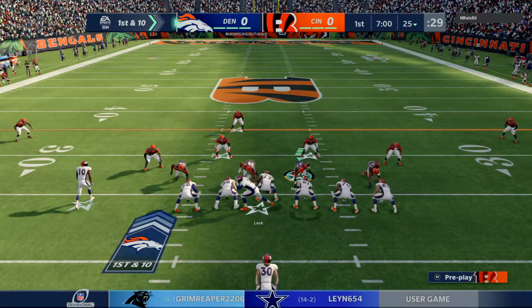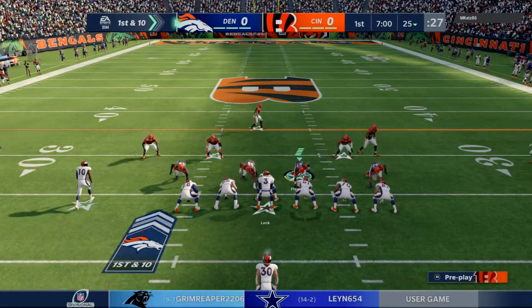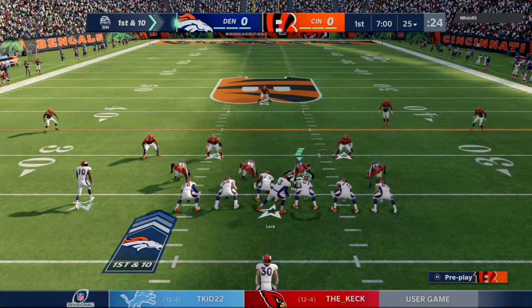Check. H3, 218. Chopper. Wide. Get wide. Under